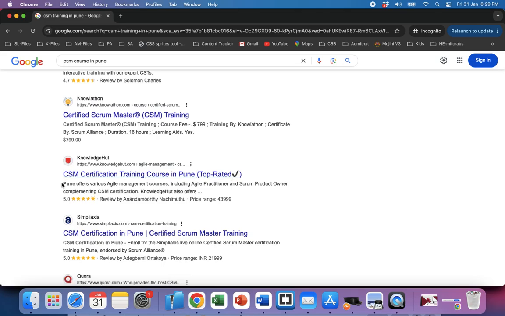Now in the same way, this description that you are writing also has to be keyword optimized, not necessarily always if you have covered the core keywords, but it has to be grammatically correct within the character limits, otherwise the key information will go away. If the key information had been displayed, maybe the chances of you clicking on it would have been higher. And now have one call to action. Call to action is enroll now, register now, subscribe now, buy now, order now, correct? These are all called call to actions. Have one call to action and have one call out statement. What is a call out statement, guys?